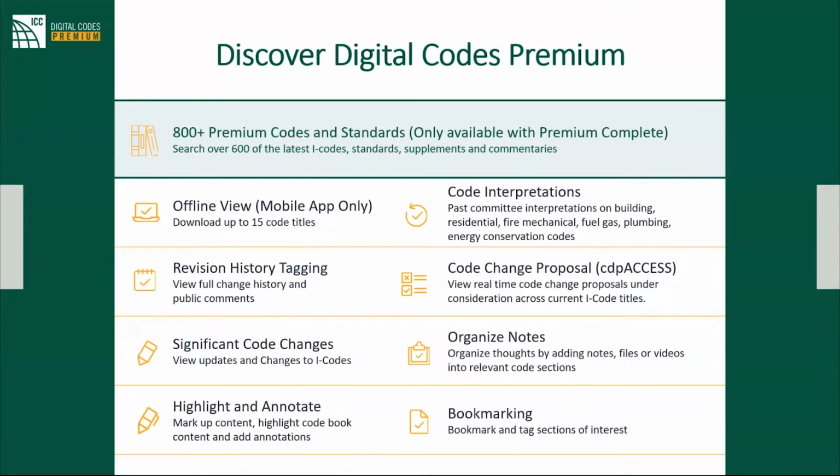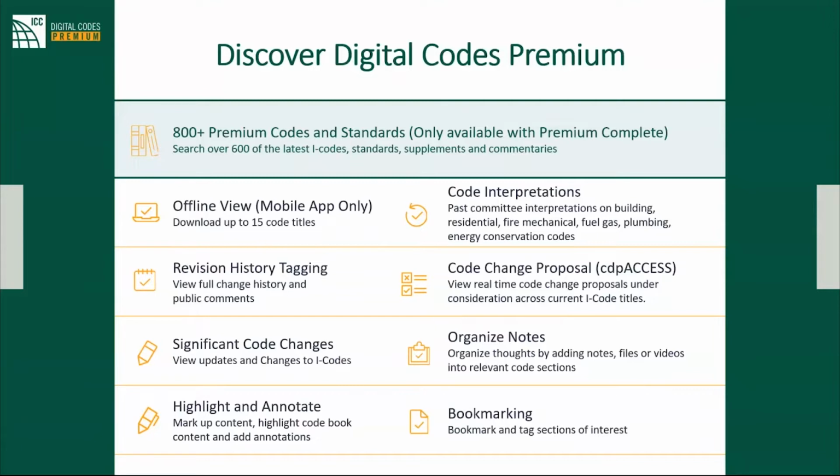If you've visited our website previously, you've probably seen some of these features, but these are things I'll dive into a little bit more. We do have the different packages. Digital Codes Premium Complete has over 800 titles in it currently, iCode standard supplements and everything. We do have a mobile app which does allow offline view, and all the other titles that come with it,